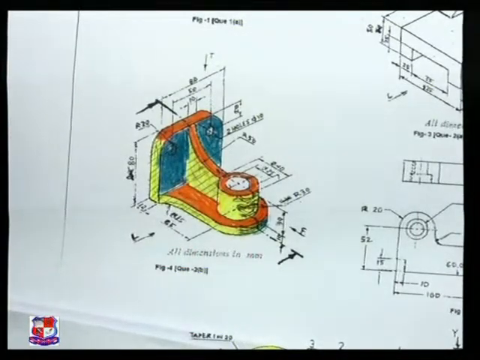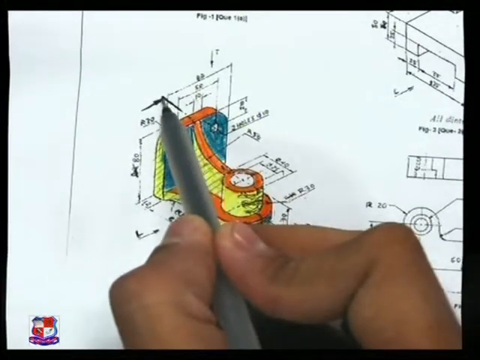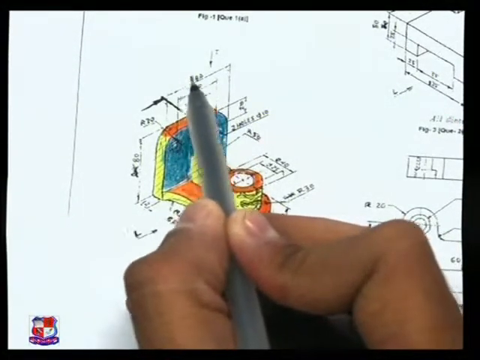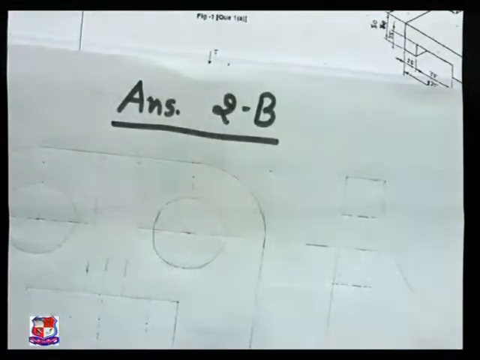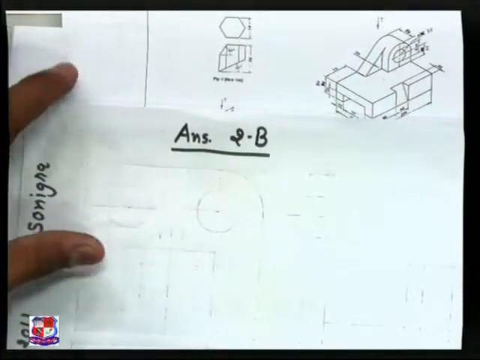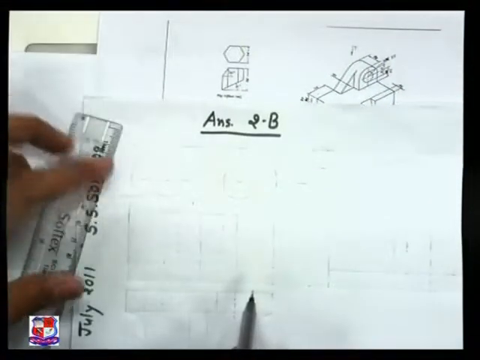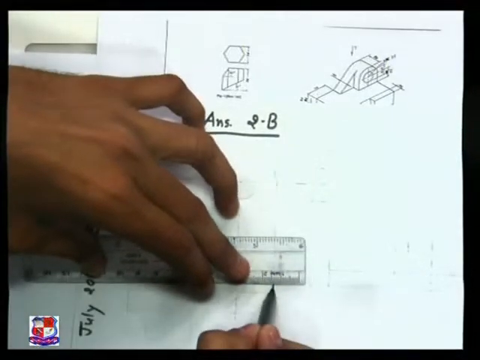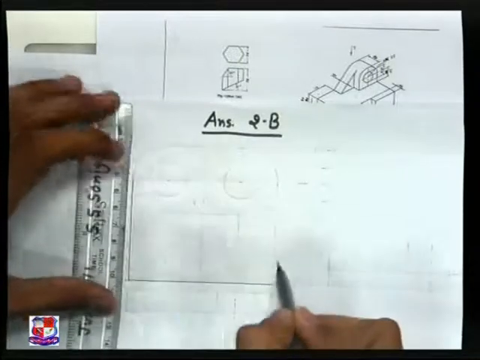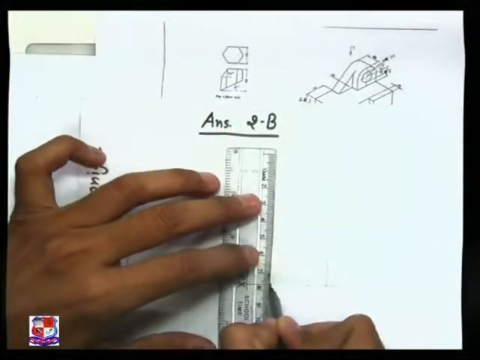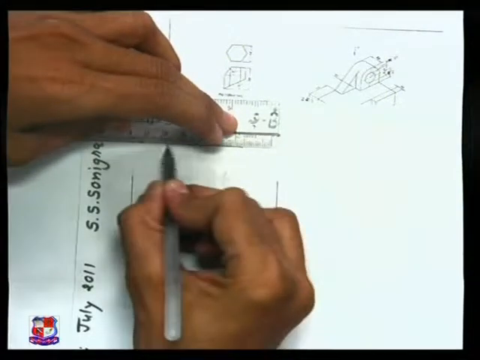So for that, first we draw its front view. Means if we look from this direction, its total width is given as 80 mm. So draw a rectangle of having width 80 mm and height is given in this figure as 80. So it would appear like this. Width is 80 mm like this, here height like this, and arcs are there. At a height of 80 mm, 2 arcs are drawn like this.